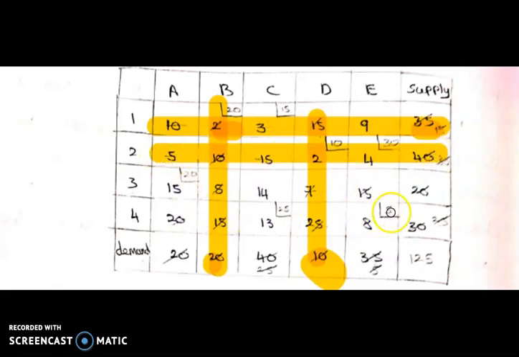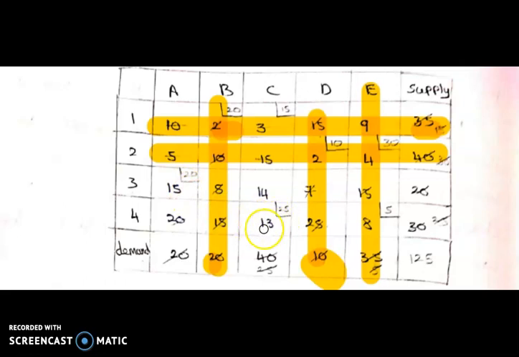The remaining values are 15, 14, 15, 8, 13, 20. Here the minimum value is 5; the demand value is 5 and the supply value is 30, so I assign 5. Hereafter there is no use for this column. The remaining values are 14, 13, 20, 15.